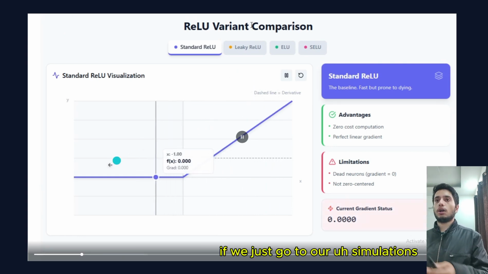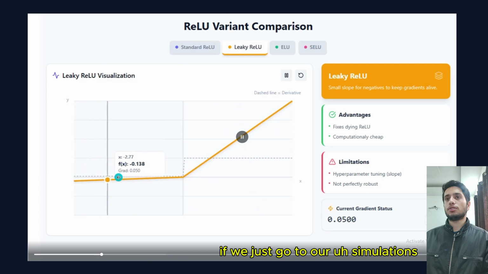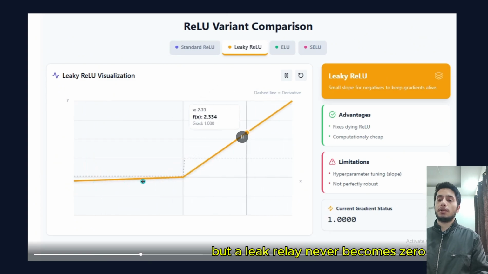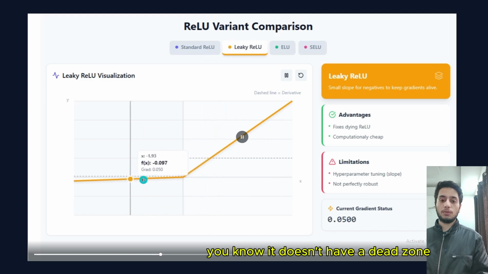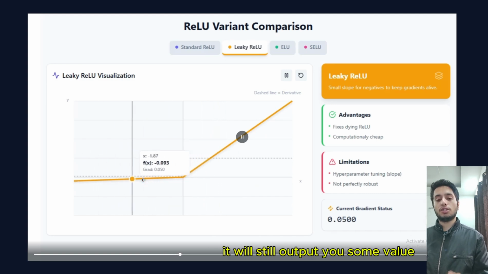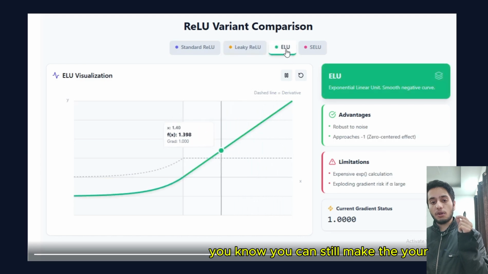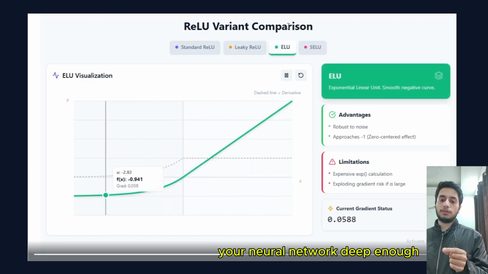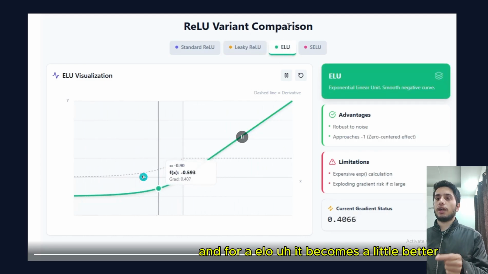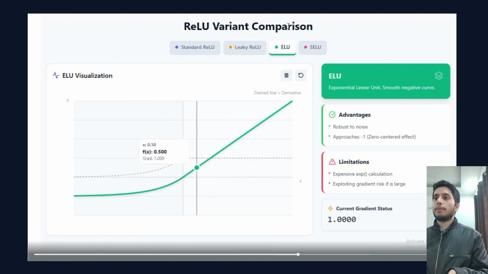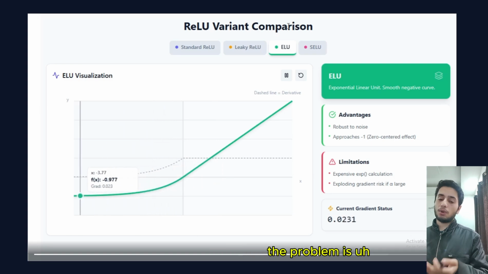If we go to our simulations, we can also see it here. A standard ReLU just goes to 0, but a Leaky ReLU never becomes 0. It doesn't have a dead zone. It will still output some value. You can still make your neural network deep enough for learning complex patterns. And for ELU, it becomes a little better, and for SELU, it becomes even better. The problem is,